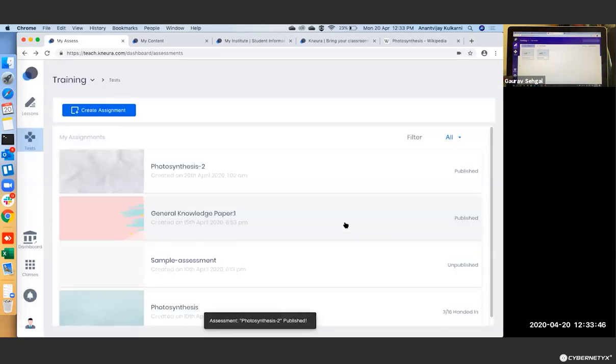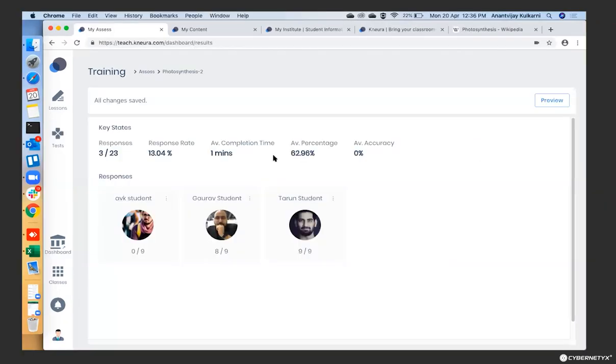So immediately we can see that the student has received the notification here, and no matter which page they are on, they will just click this notification. And if they want to attend this assessment now, they can simply click on this and immediately start the assessment. Okay, so if you see my screen, on the left side is the teacher screen, and the right side is the student screen. You see that on the teacher side the analytics is already doing its work and giving out the insights on this.